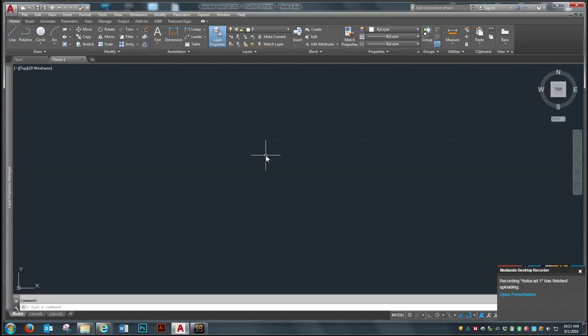Okay, starting with the line command, if you click on line or type line or type L, the alias for line, you will notice that it says in the command line, line specify first point. Well, AutoCAD wants you to locate where you want to start your line. So for right now, we're just going to click on the screen anywhere. And you'll notice that now I have geometry attached to my cursor, a line, and I can click on the screen